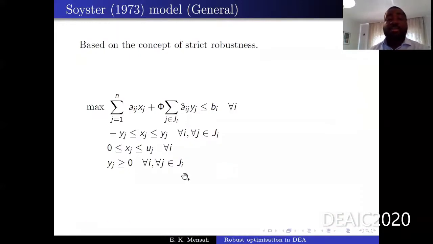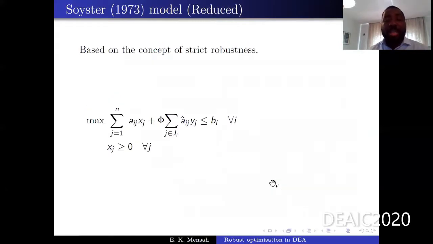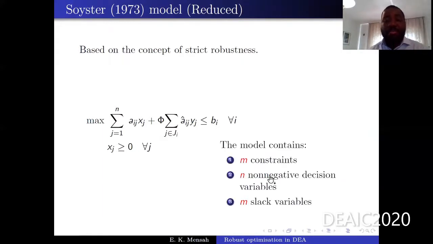Now, the advantage of this reduced robust counterpart can be seen by this comparison when we consider the Soyster model, which is based on the strict robustness concept. So in this model, when we formulate it in the standard form, we have n plus 2k plus 2n constraints. Then we have n plus k non-negative decision variables and also n plus 2k plus 2n slack variables. In the case when the reduced robust counterpart is considered, this model involves only m constraints, n non-negative decision variables,